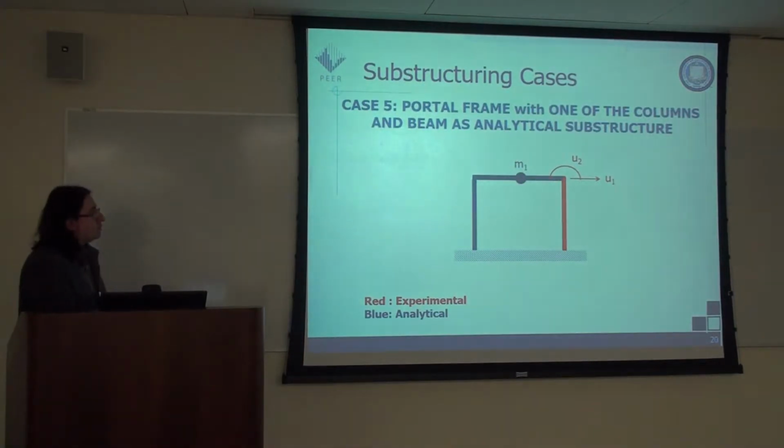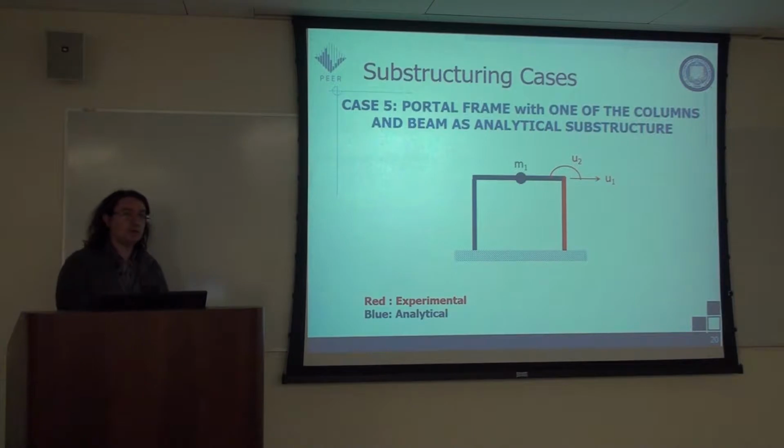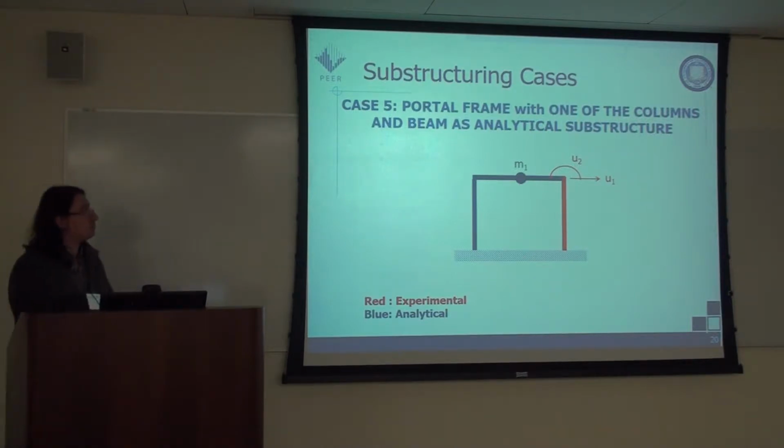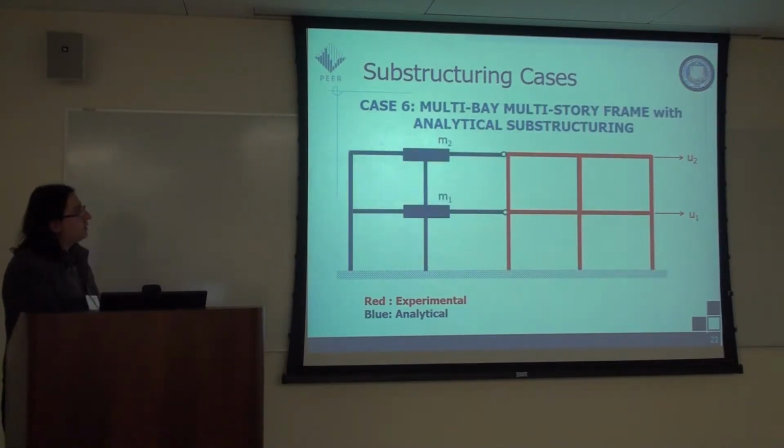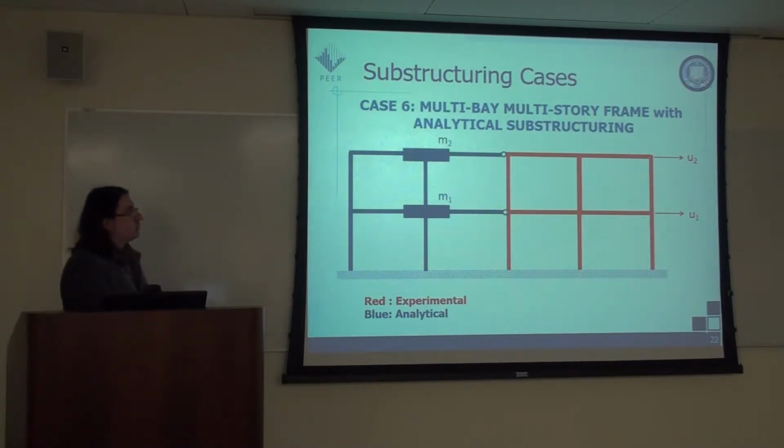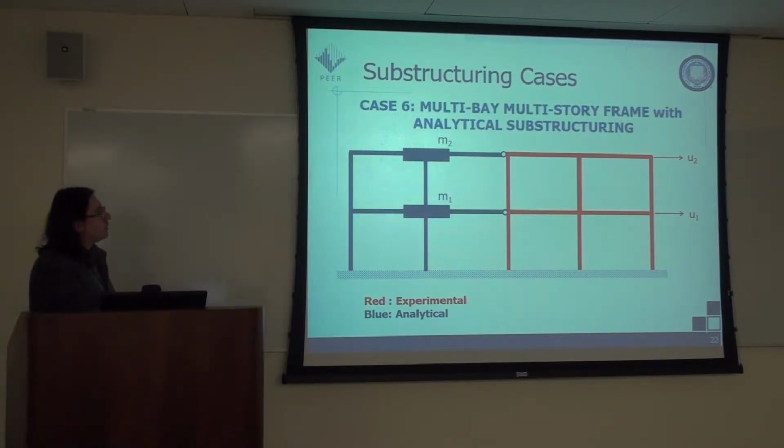And in the case of a portal frame where we have one of the columns tested and the remaining in the computer, we again have 2 degrees of freedom, one translational and one rotational, and they can be controlled through this set of actuators. And in the case of frames, which are connected in series, one experimental and one analytical,